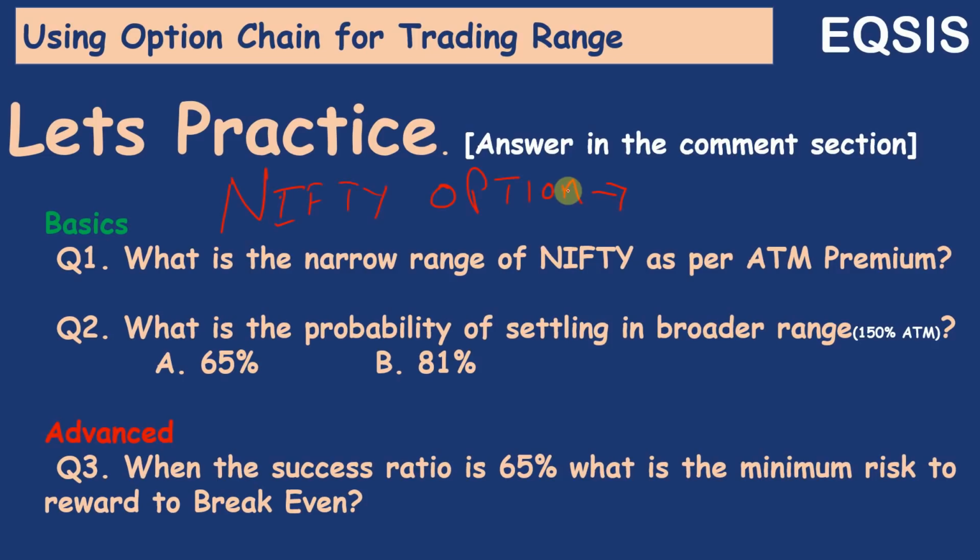So anytime you see the option chain, tell me what the at-the-money strike is for that particular day, and give me plus ATM and minus ATM, and try to answer this question: what is the narrow range for one round of premium, one at-the-money premium or minus one at-the-money premium? And if you are a pro, I recommend you reply to me